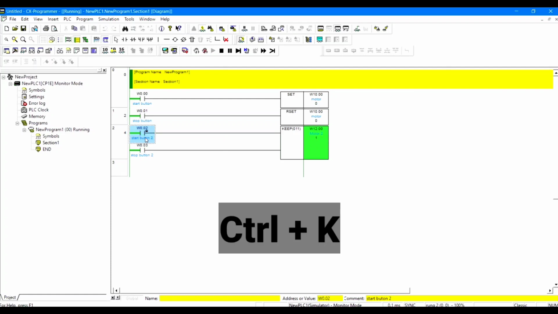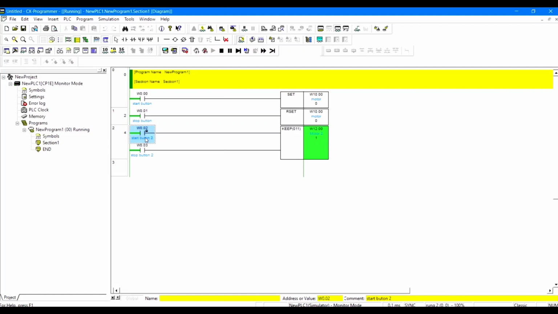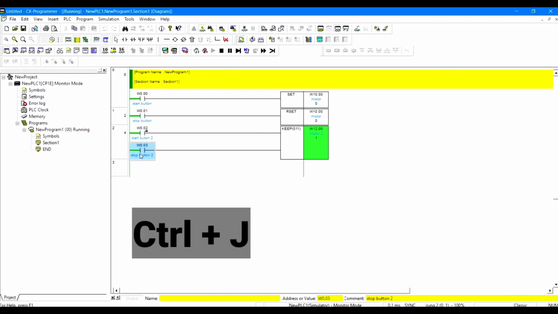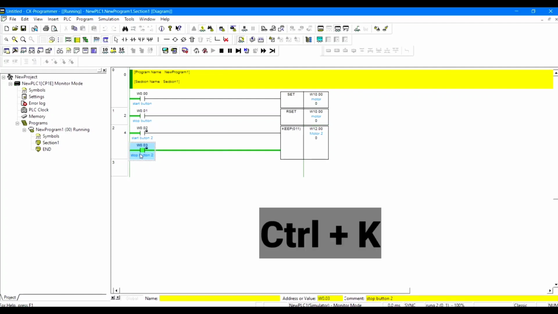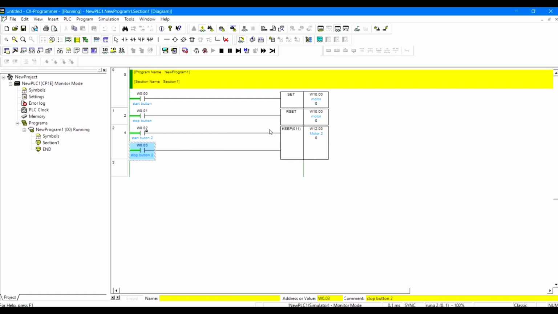I have turned off the push button, start button 2, and the motor is still on. Now to turn it off, we have to press the stop button, Control J and then Control K. As you can see, this motor is turned off now.